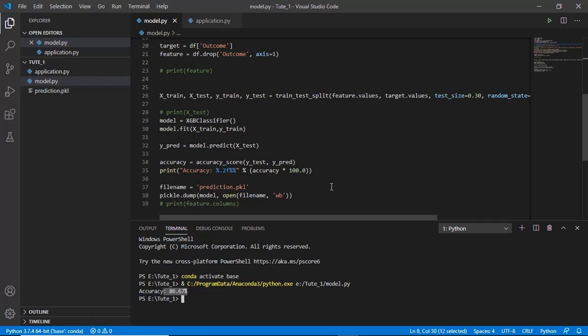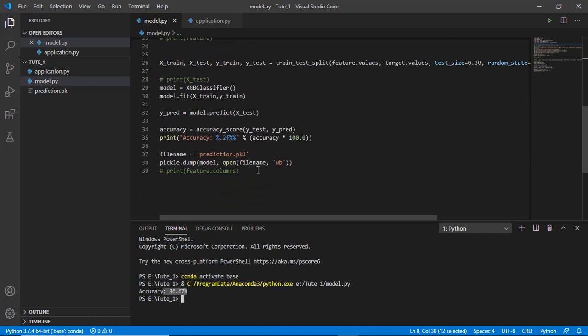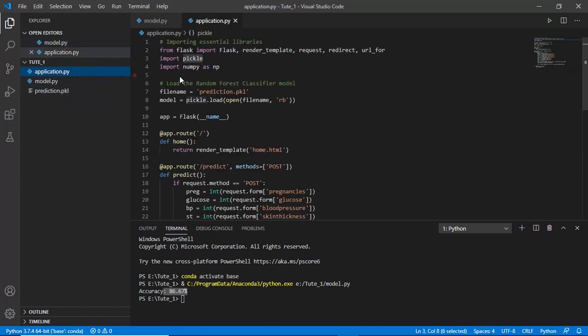I'm not going to do any hyperparameter tuning here. So this is much better. From here you can see that I'm creating one pickle file named prediction.pickle, and that file is already created. So I'm using that file in my application.